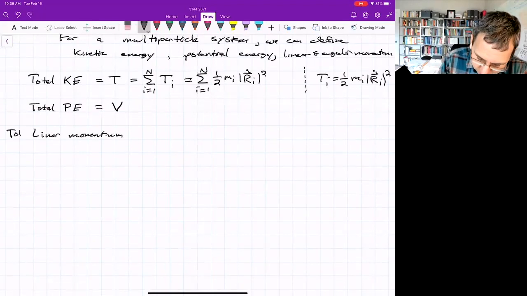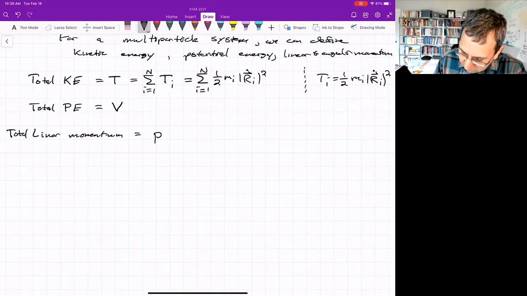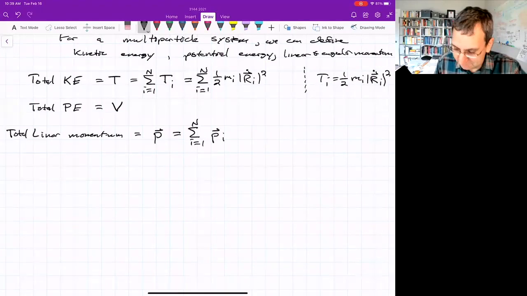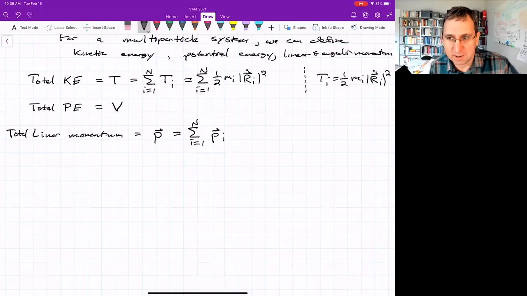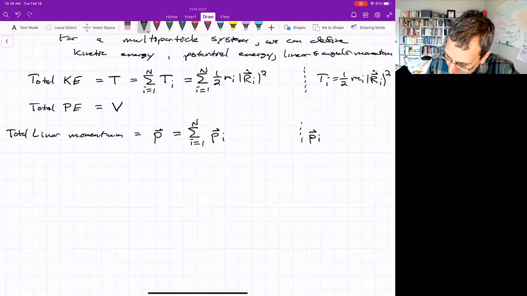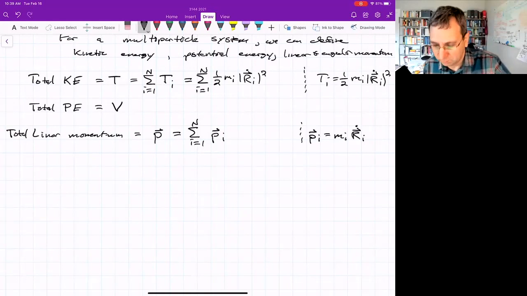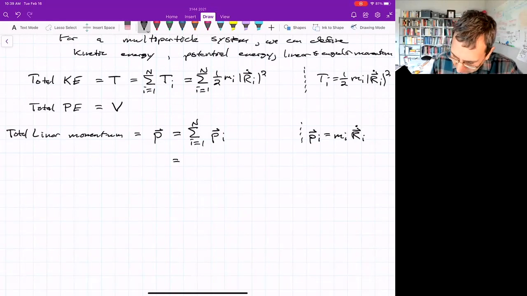This total linear momentum for the system, we'll just write that as P, and it's the sum, as you might guess, of the individual linear momenta, where, let me put over here, what's the individual linear momentum? m_i r_i dot, right? It's mass times inertial velocity. So if we add all of these up, what do we get? Sum of m_i r_i